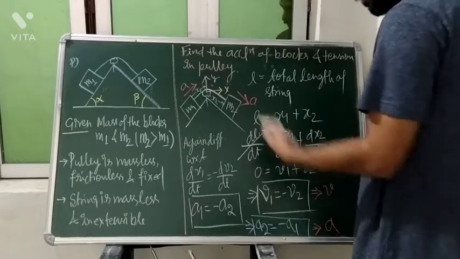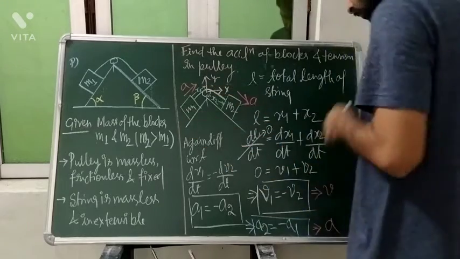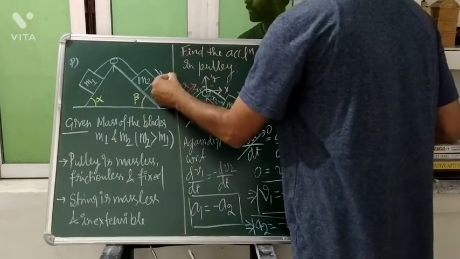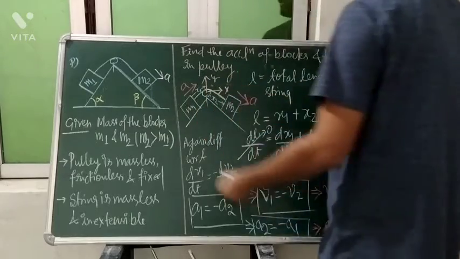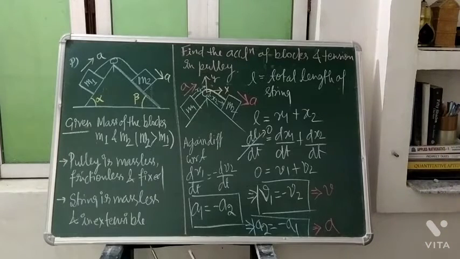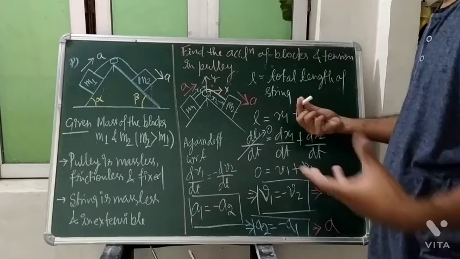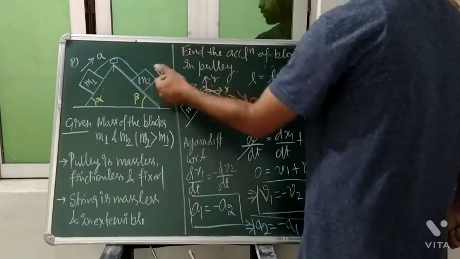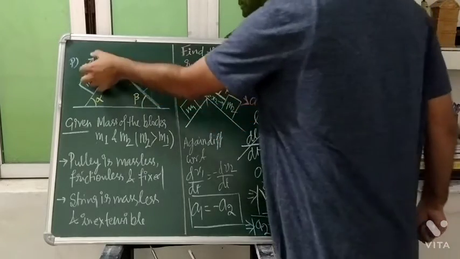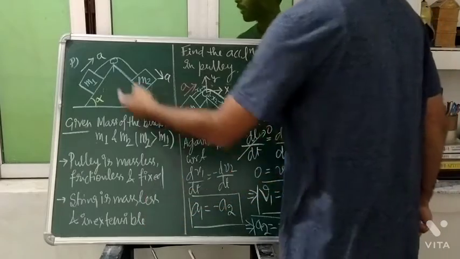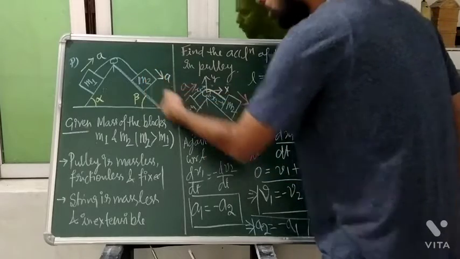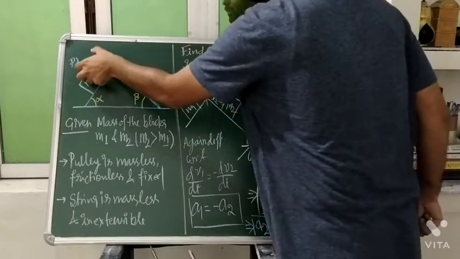So we are getting the same direction. So you will get that our acceleration will be, if this one accelerates in this direction, this will also accelerate in this direction. Those who are happy not understanding this can understand it this way. Suppose this is going to travel the x1 distance, student, so of course this one will travel the what? Same distance. Whatever distance this one travels, the same distance the other will travel, because we are talking about the same string.